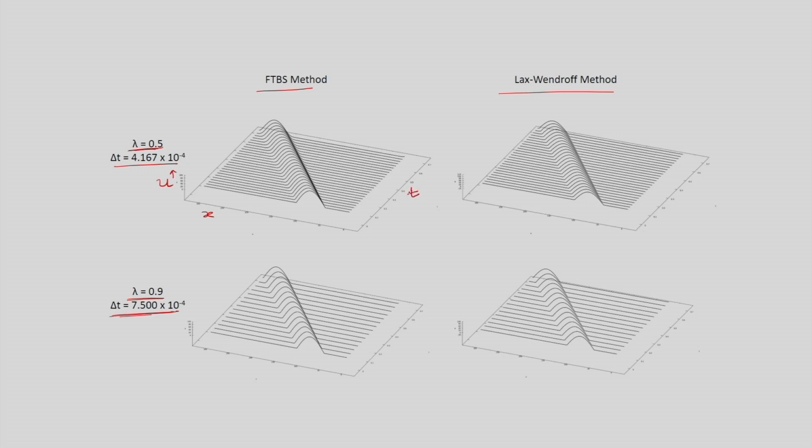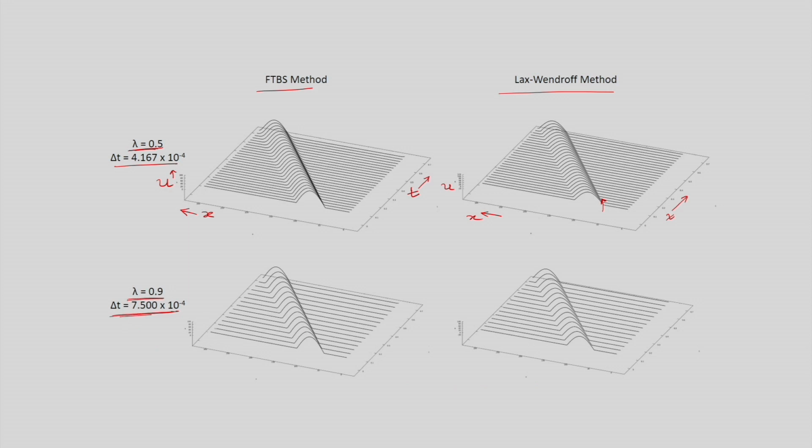At different times, what is happening? As t increases, it is propagating; the velocity is convected. The positive x direction is this way and t is this way, so you can see it propagating in this direction. For the Lax-Wendroff method you can see the same thing: this is u, this is x and this is time t. At different time instances, if you look closely you will find some wiggles, which come from the dispersion error, and it is for different lambda.